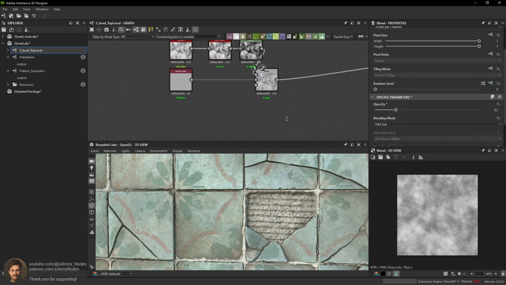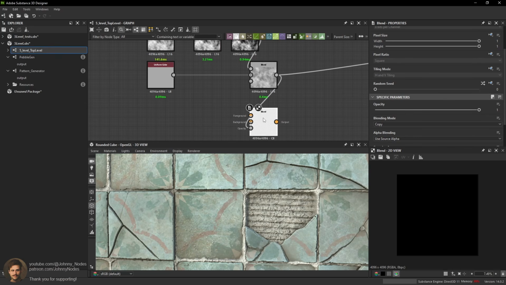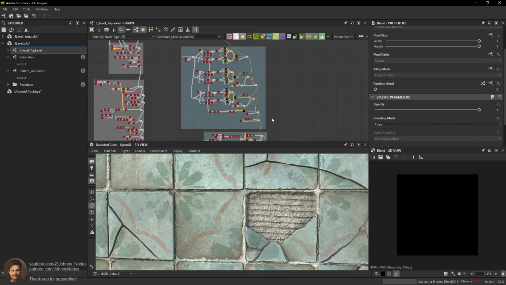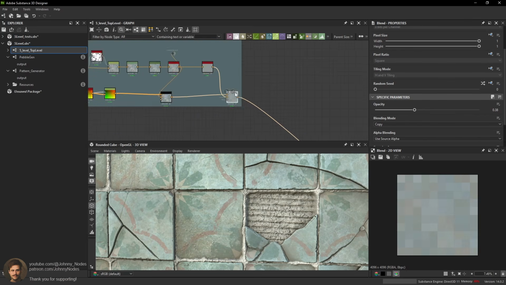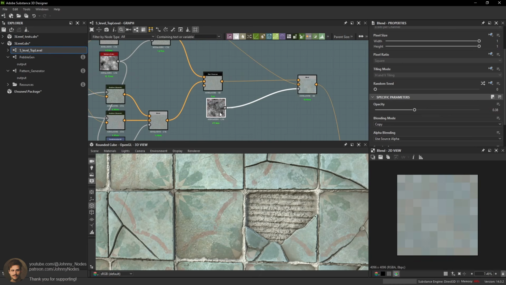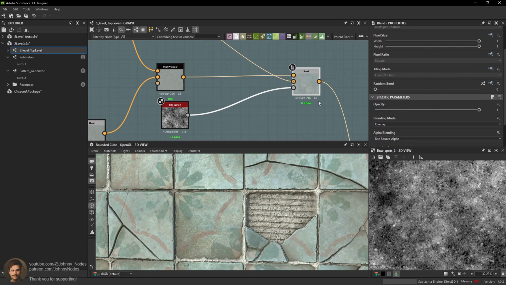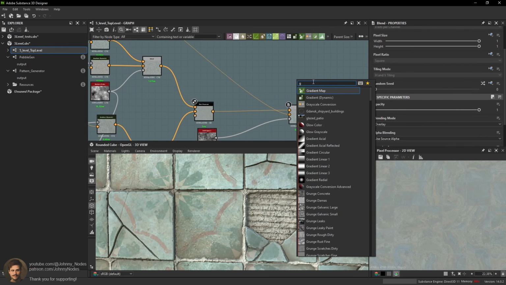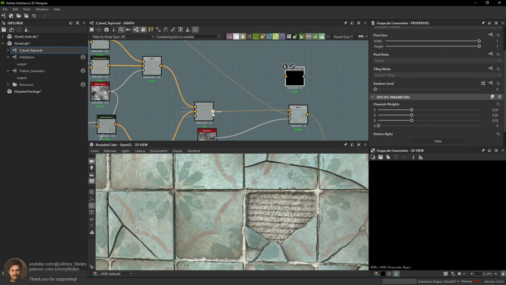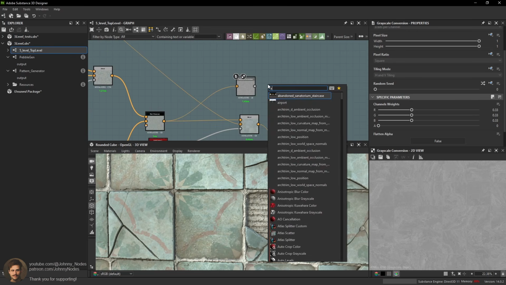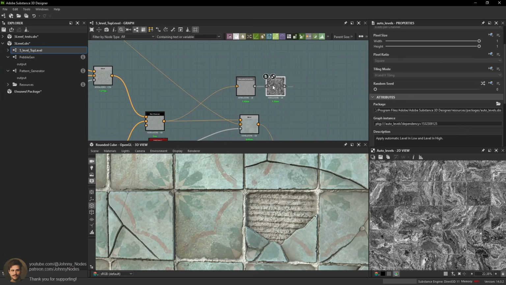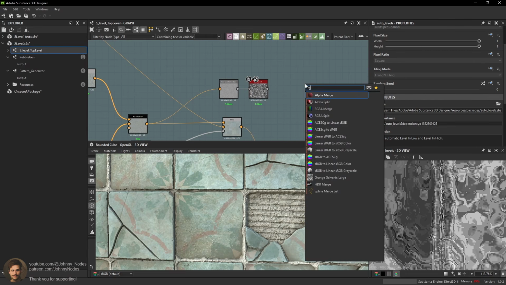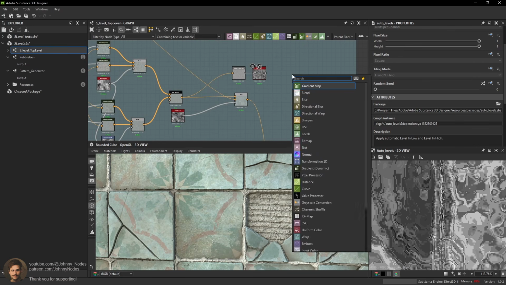From here, we have a lot of other things we can do. So we can take a blend here, and we're going to grab a bunch of stuff that we've done earlier in the texturing process. For instance, we have tons of really useful noises we've been using over here. So we can do something like convert this pixel processor to grayscale, auto level it. Right, so this is a really nice noise we have here. And I'm going to send this out